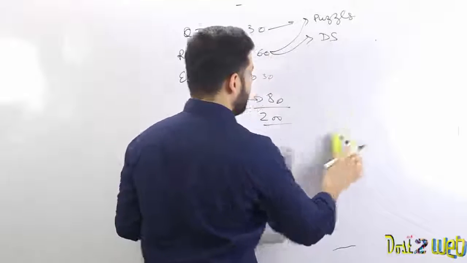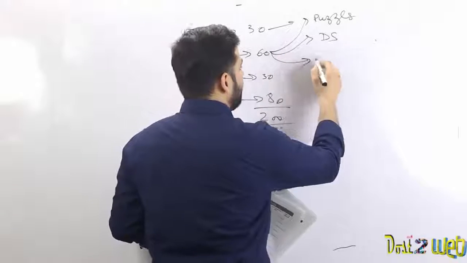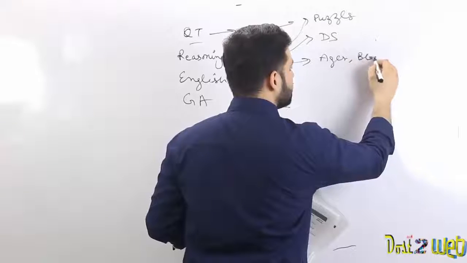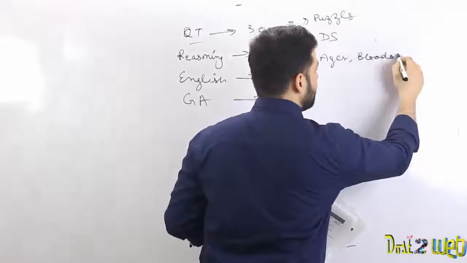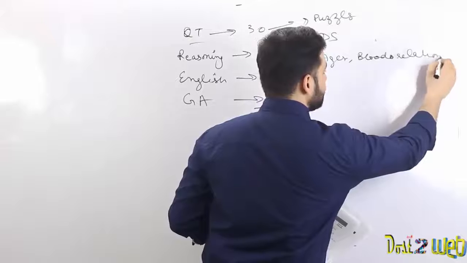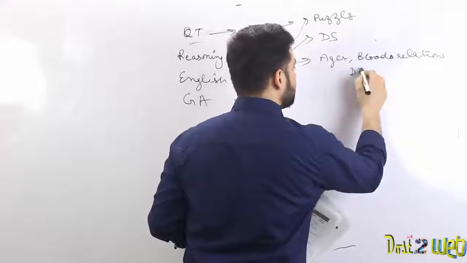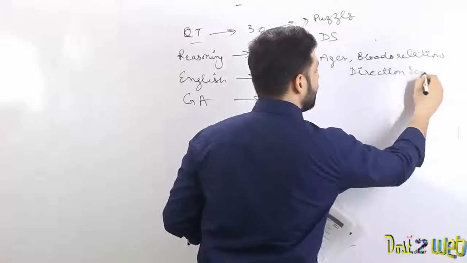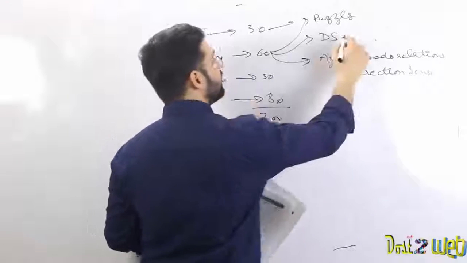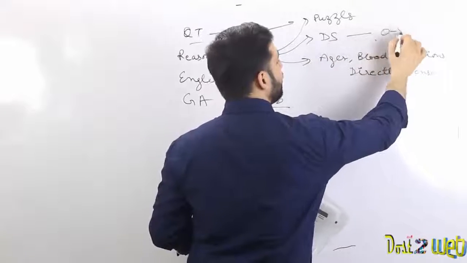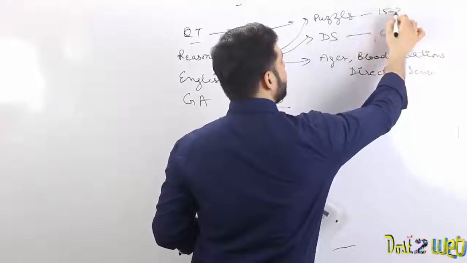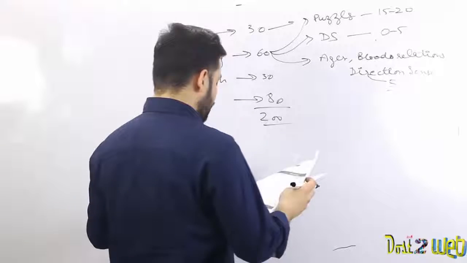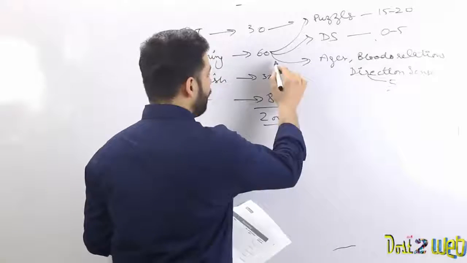Then there will be problems based on ages, blood relations, direction sense test, so 4 to 5 marks from these topics. Then you may find machine input output,